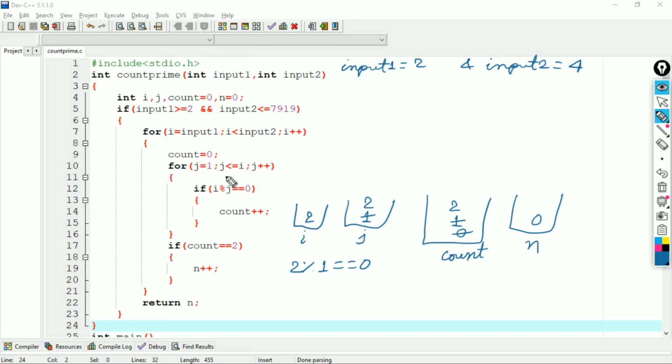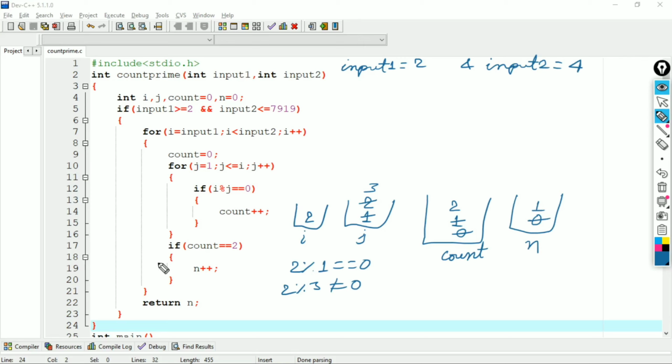So here i modulus j, 2 modulus 3, is not equal to 0. So we will come out of the loop, and if count equal to 2, here we can see that 2 equals 2. So n plus plus. Now n becomes 1.